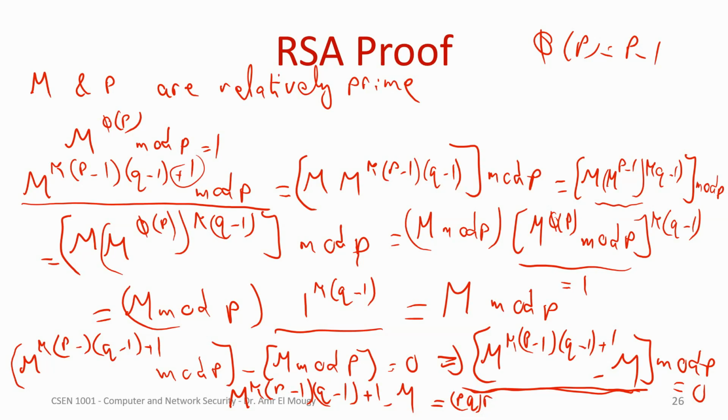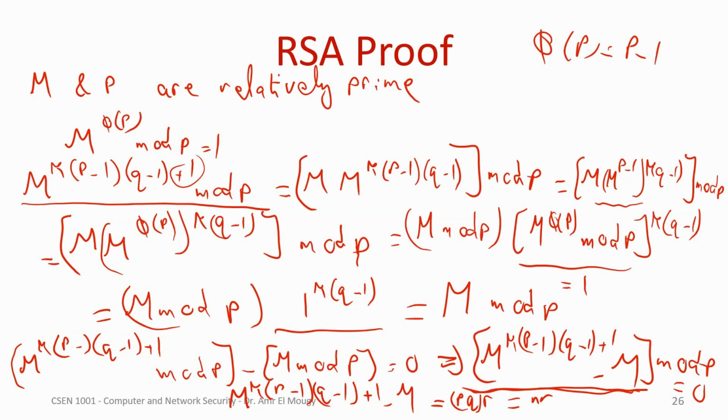That means there must be a constant R that, if you multiply it by P and Q, you get the same value, which is NR. P multiplied by Q is just N. Okay? And finally, we can then say that N divides M^(K(P-1)(Q-1)+1) minus M. So P divides it, Q divides it, and so N divides it too, which means that,